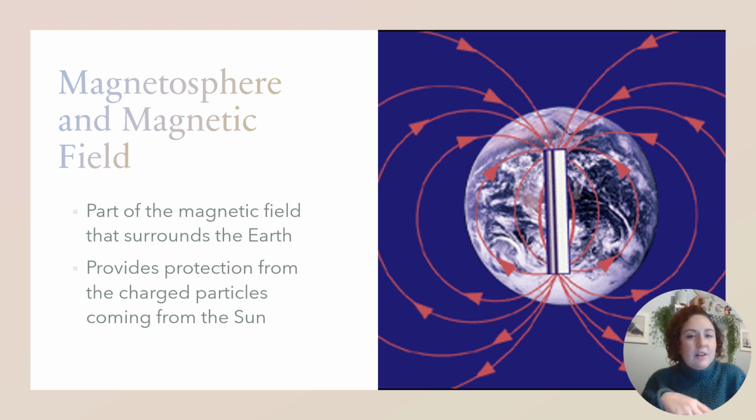So the magnetosphere, or the magnetic field, is the part of the field that surrounds Earth. Essentially, our Earth is a giant magnet. And just like convection currents, they kind of move in the same direction and come back toward the same direction. This allows for some protection, because if you have electric currents going through,